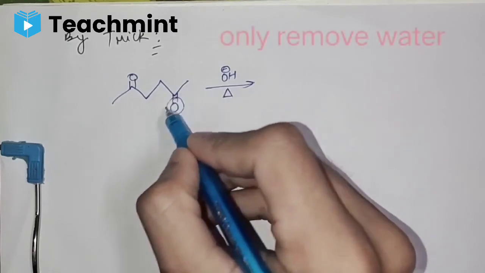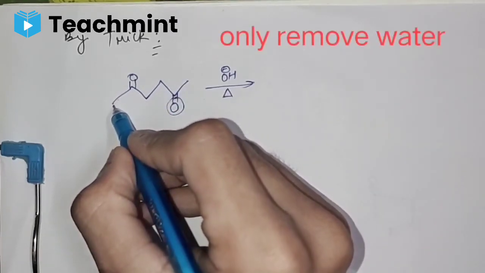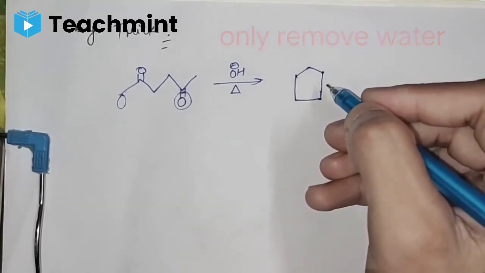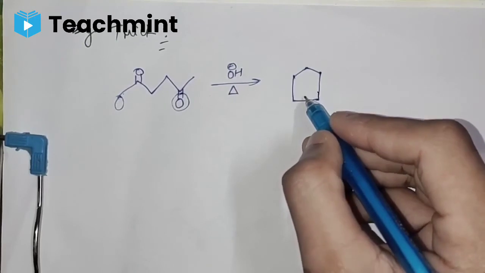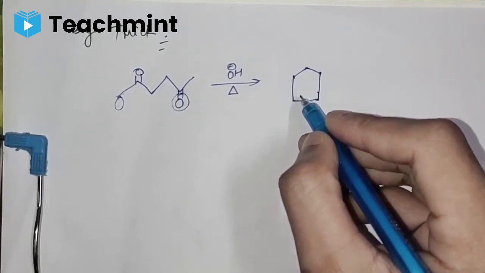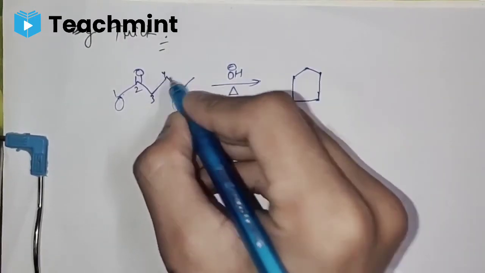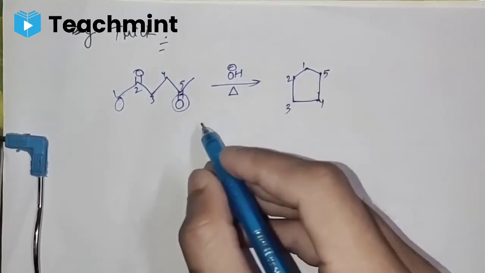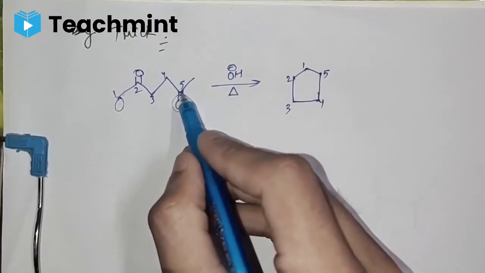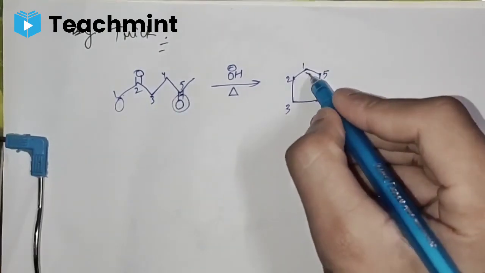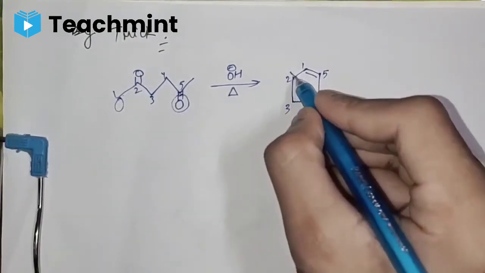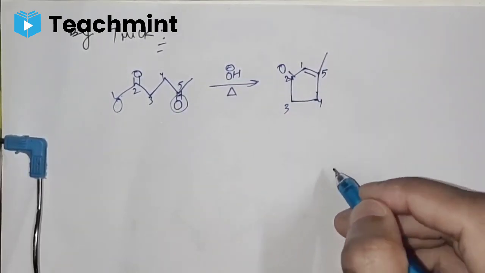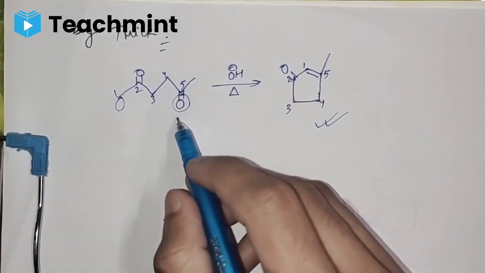So we will take oxygen from here and here it is also the alpha hydrogen, so 2 hydrogen from here, and we will write the product by following the same rule that we followed in the previous one. First of all we will number the ring so that substitution becomes easy. So a double bond will be formed between 5 and 1, so 5 and 1 double bond, 2 double bond O, and on 5 again a methyl group. So this will be the product. Look how simple it is.